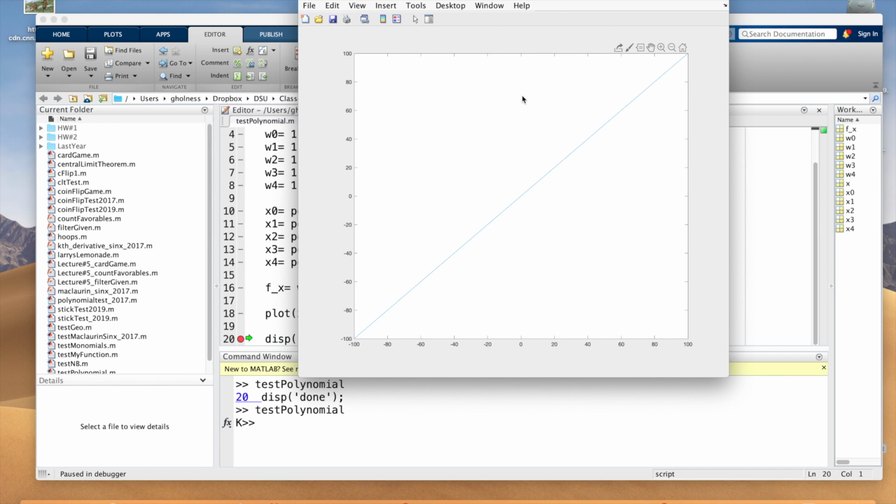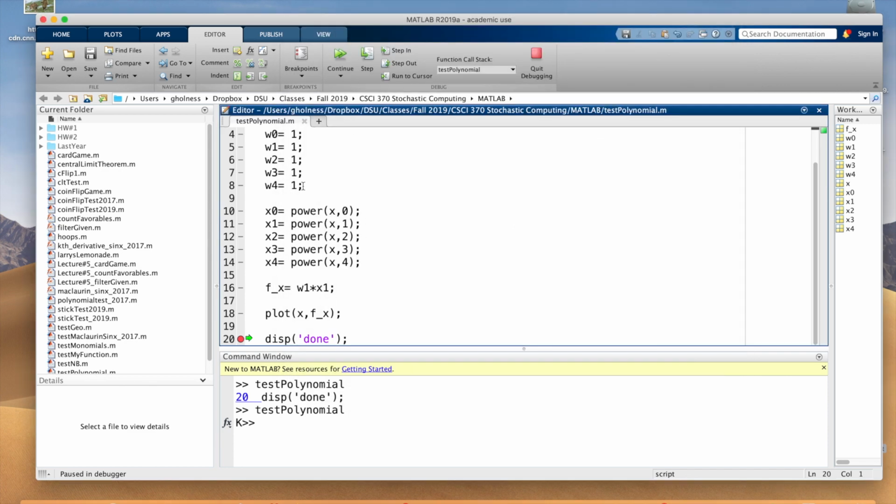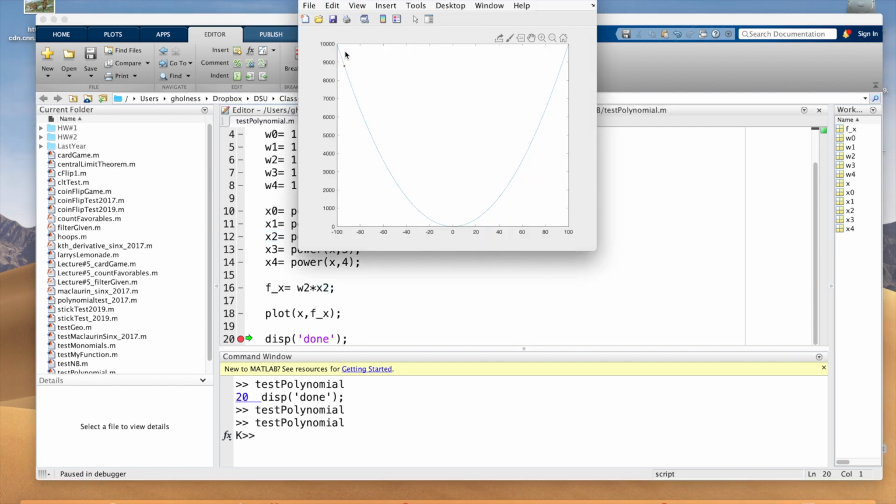Okay, so now let's take a look at what happens if I use the second order monomial. I'll say W2 times X2. And remember X2, it was the second power, right? So that's squaring. It's going to give me a parabola. So I run this, and you'll see, there's my parabola. I start up high, and I come down, and I turn the corner at origin, and I come back up again. That's another way of wiggling, right? This one changes even more than the straight line x1, w1, right?